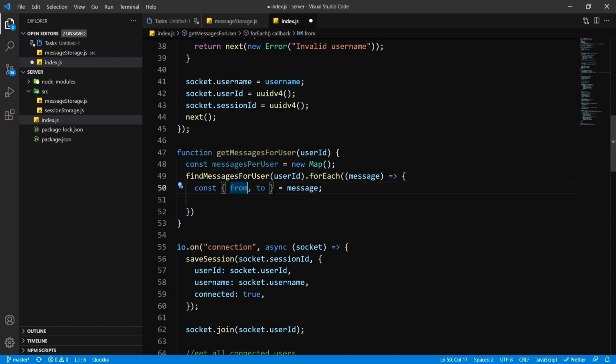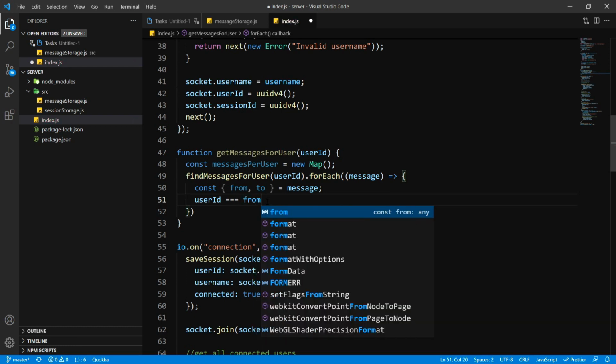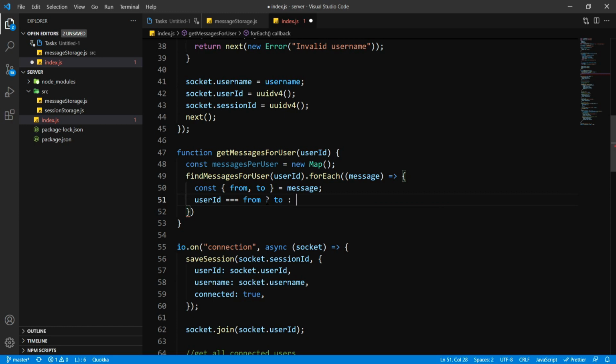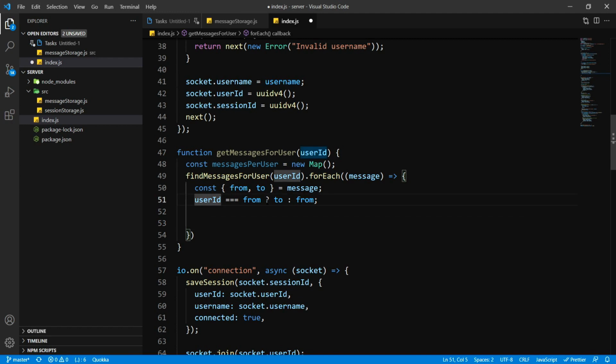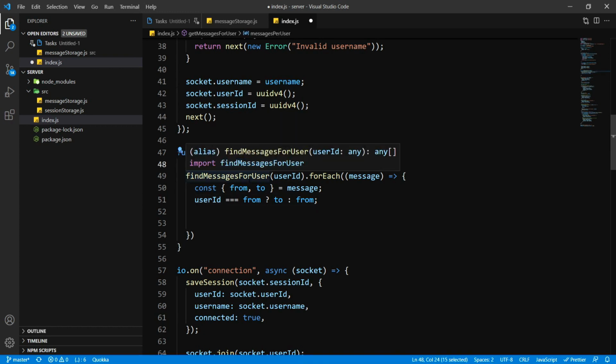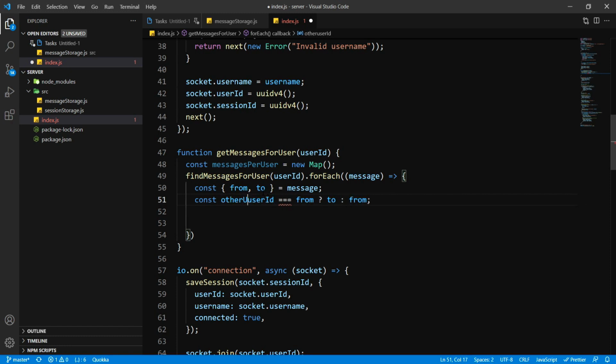deconstruct the message, get the from and to property, and here I want to compare which one it is. Is it from me, or is it from the other user? That way we can store that message per user. That way we can map user for if it's from me or it's from the other person, the second person. So I'm going to store this inside a constant. I'm going to say other user,